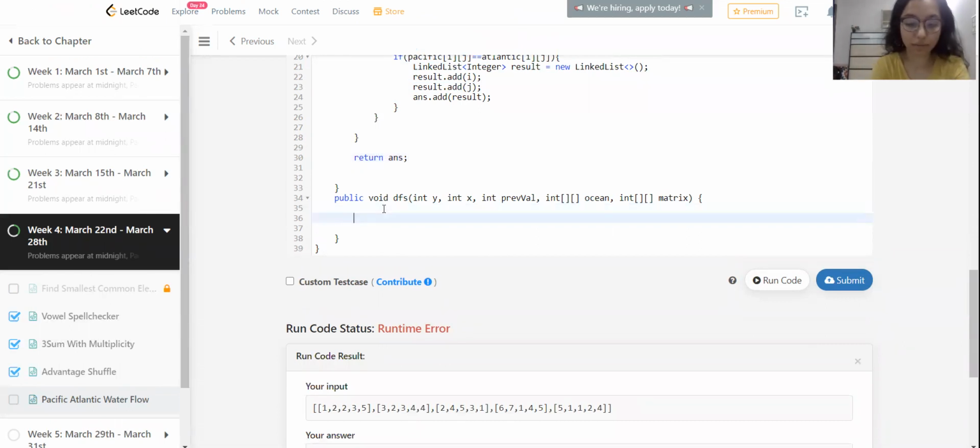Now let's try to code DFS. This is the easiest part of the solution. We'll check if y is less than 0, x is less than 0.